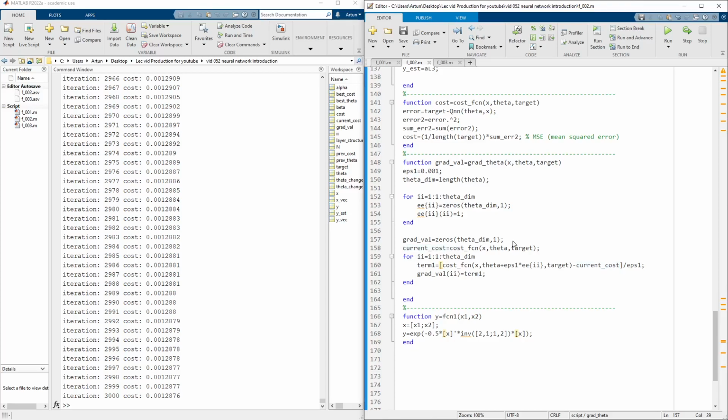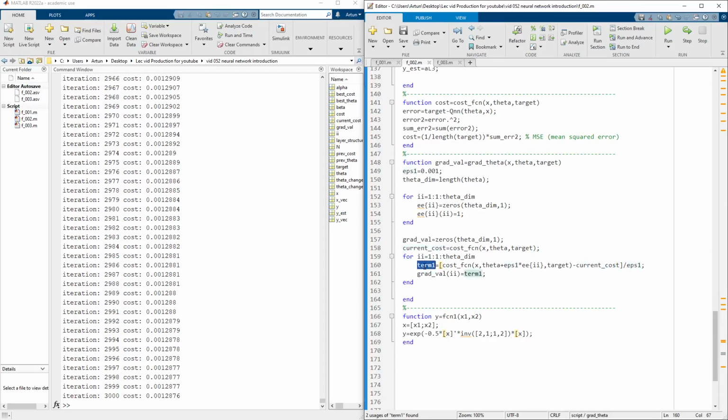And here, let me show you, we just add some epsilon term to that parameter vector, and then we calculate the cost, right? And by using that incremented theta value cost, the current cost, and the step size,